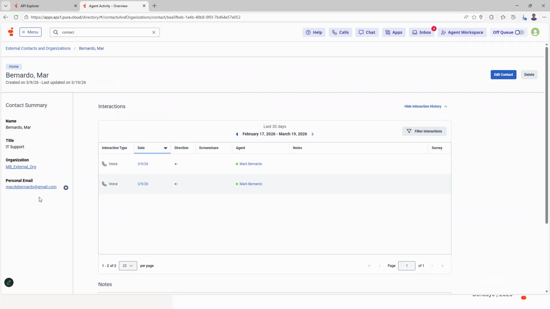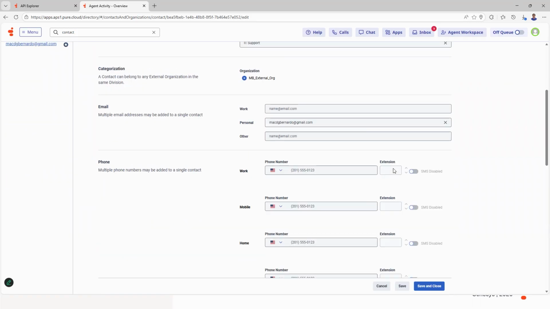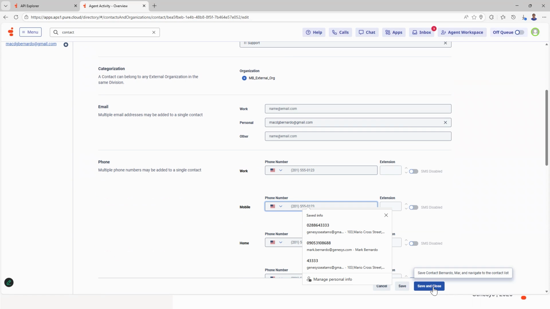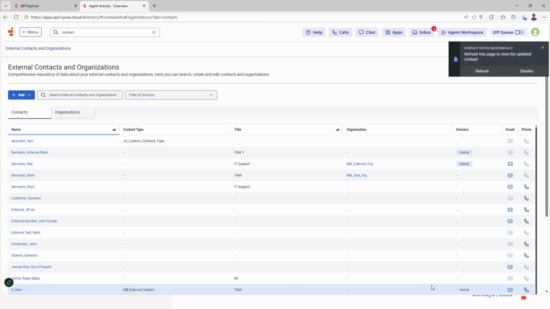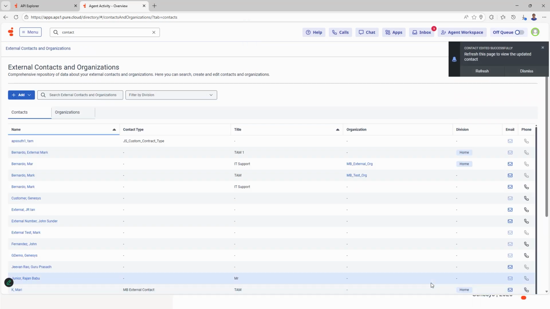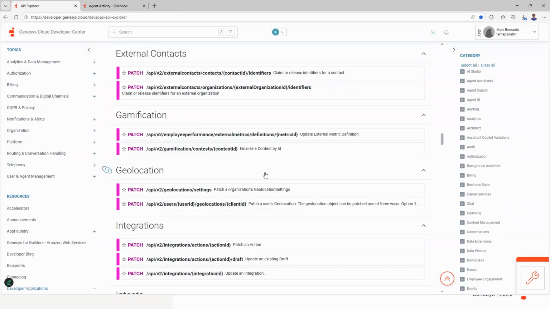Previously, prior to this change, in order for us to do that, we had to do it manually. Within the contact, we just need to edit and then key in the phone number that we wanted to add. Then after that, we just need to save and close it. However, with this new API endpoint,